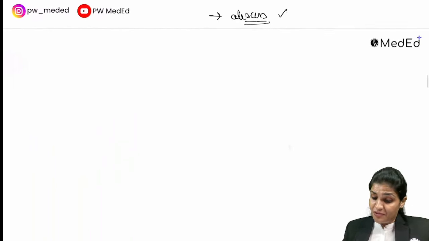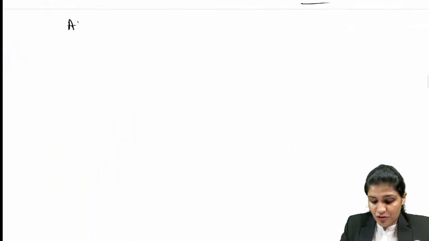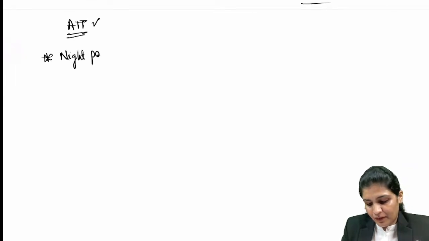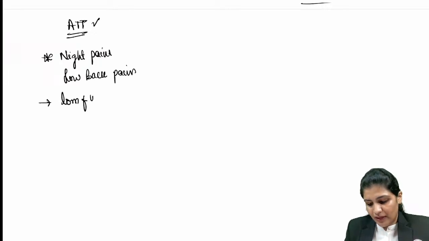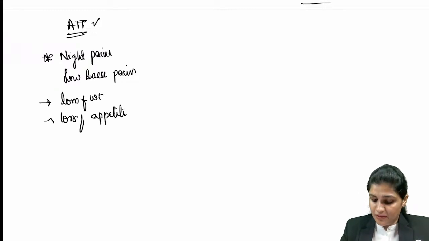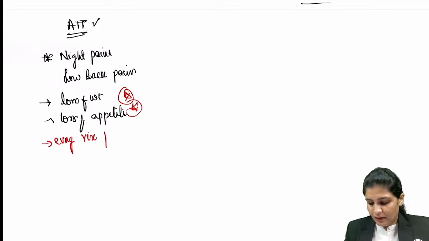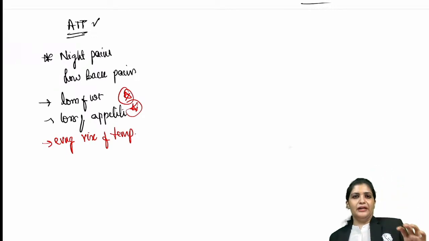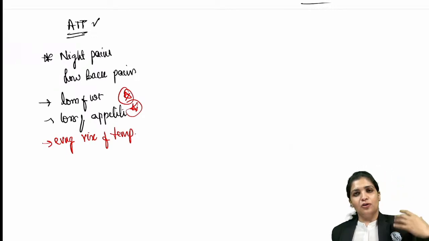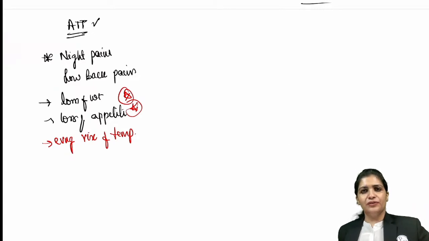And usually TB can be treated, and it is treated with the anti-tuberculous drugs. And what is the main thing? Patient presents with night pains and low back pain, night time very severe, with the constitutional symptoms of loss of weight and loss of appetite. So these two are the very important constitutional symptoms which you have to remember, with the evening rise of temperature, right? In case of bone and joint tuberculosis, this temperature is not very much seen, but loss of weight and loss of your appetite is one of the salient constitutional symptoms which we see in case of tuberculous patient,